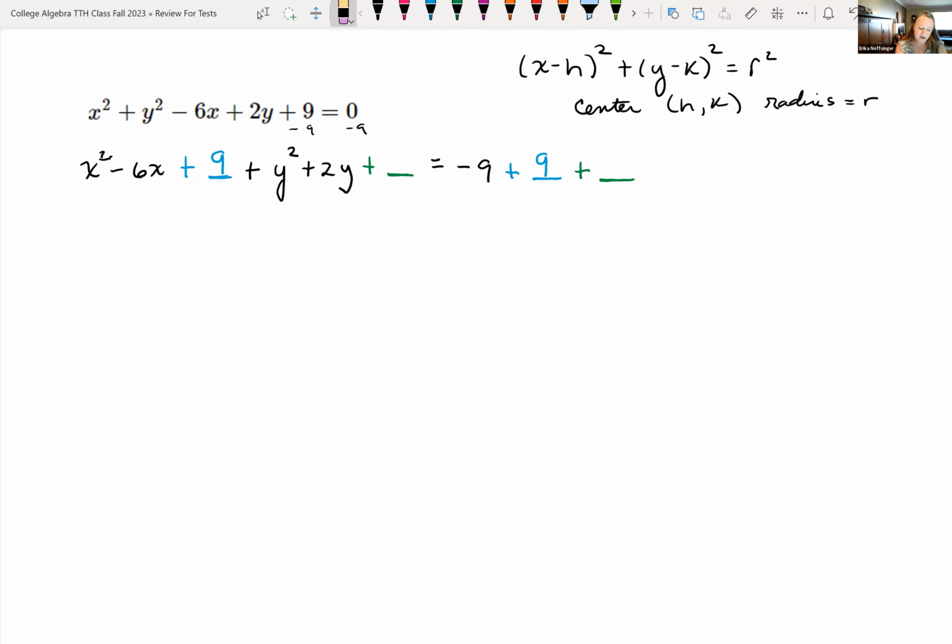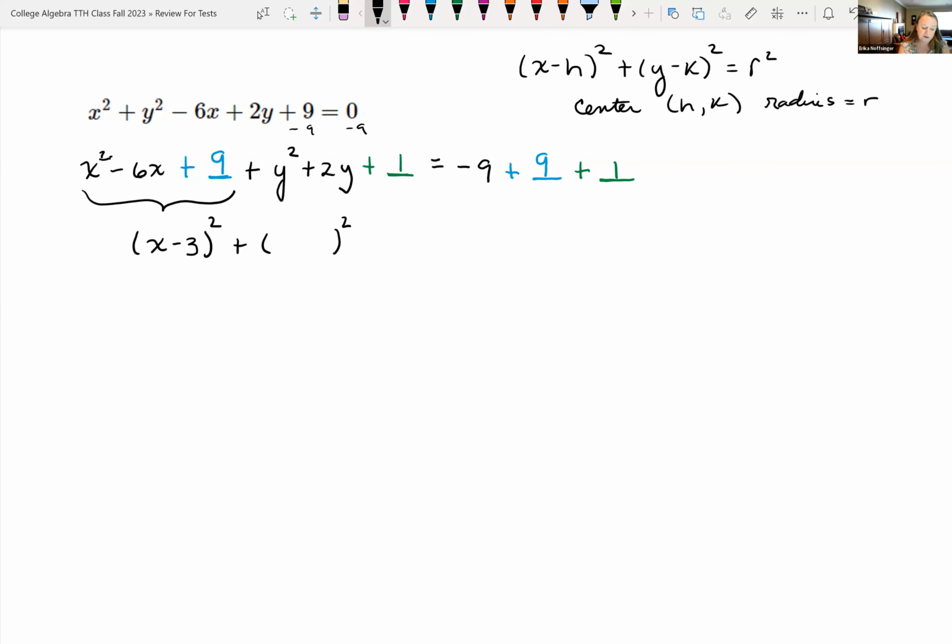So looking at my y terms and figuring out what I need to add to make this a perfect square, I'm looking at half of 2, which is 1. 1 plus 1 is 2. And now the term I'm adding is the square of that number, 1 times 1, which is 1. So I've manipulated this so that my x terms, x squared minus 6x plus 9, can be rewritten as a perfect square. That same number you're multiplying to give you positive 9 and adding to give you negative 6 is negative 3. And so it's x minus 3 quantity squared plus,